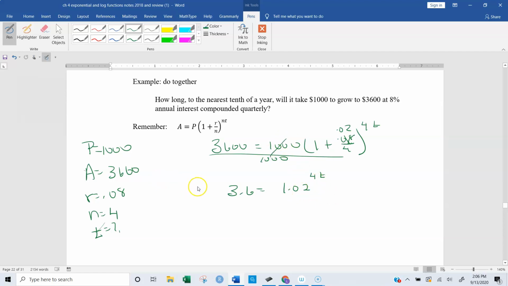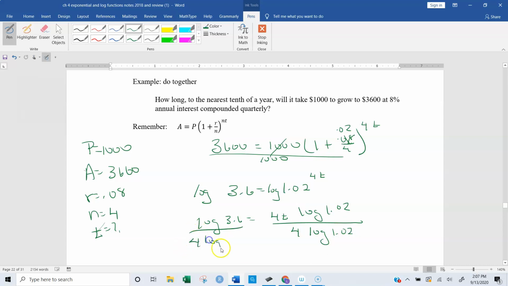The only way to do that is with logs. So I'm going to take the log of both sides. So we know the log of 3.6 equals, bring the 4t down, 4t times the log of 1.02. I need the t by itself, so I have to divide by 4 and the log of 1.02, since they're all multiplied. We do that on this side also. And our final answer, I got 16.17 years